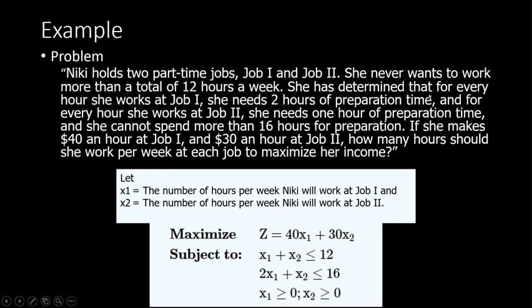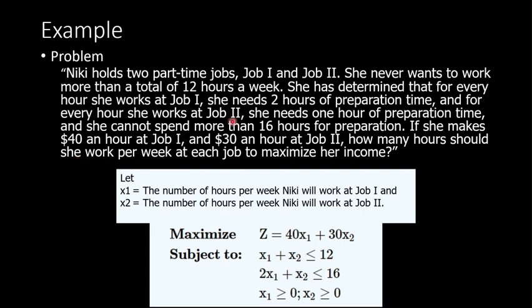She has determined that for every hour she works at job one, she needs 2 hours of preparation time, and for every hour she works at job two, she needs 1 hour of preparation time. And she cannot spend more than 16 hours of preparation time, and if she makes $40 an hour at job one and $30 an hour at job two, how many hours should she work per week at each job to